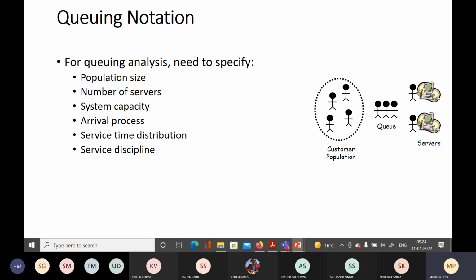So let us get to the example of the airport: the boarding pass counter, or you can think of your mess food counters. There is not one counter there, there are many counters. Similarly, in the boarding pass counter also, the same set of people are being served by many counters. This is for the same airline company.